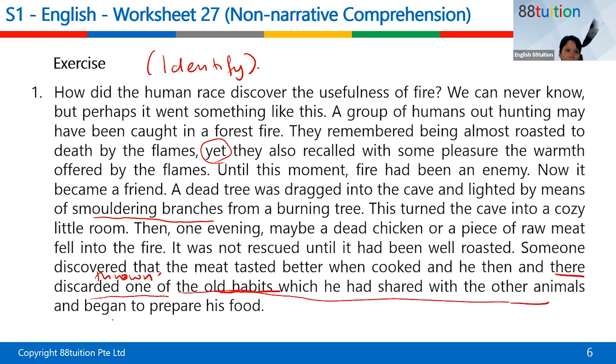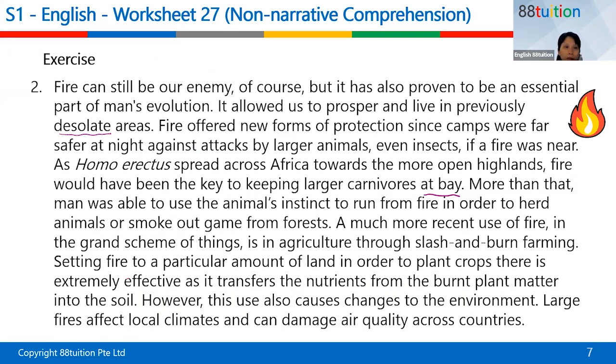All right, I go on to the next paragraph, next page. So this factual text, as you know, is not narrative text. Narrative text will be story. Okay, I go on, next one. This is the second part of the story. Fire can still be our enemy. So this is a continuation of the story just now. Second paragraph: fire can still be our enemy, of course, but it has also